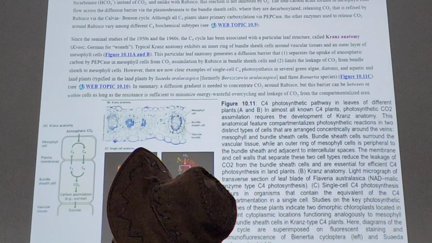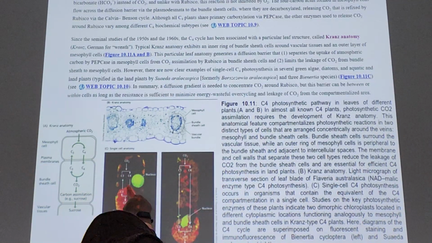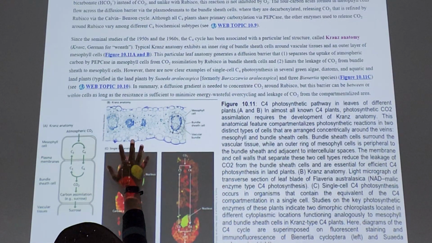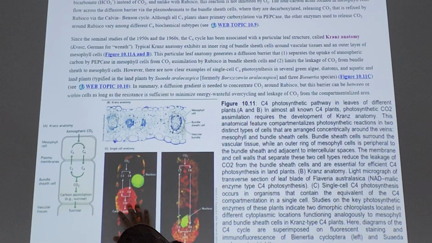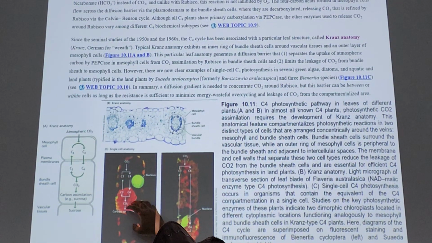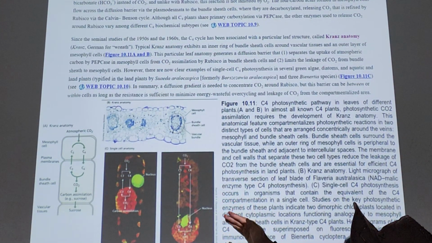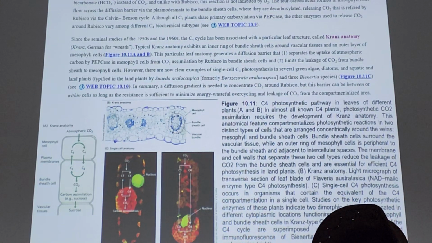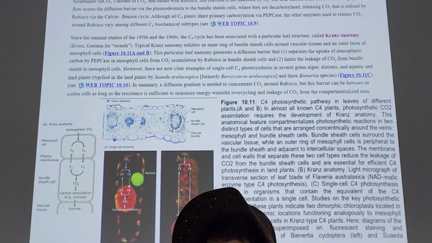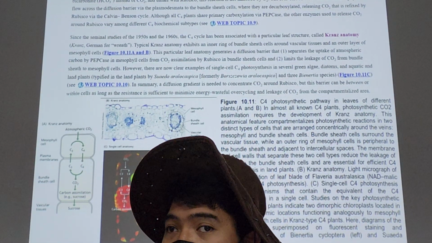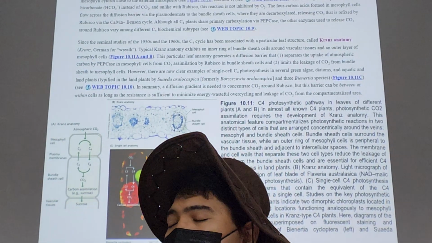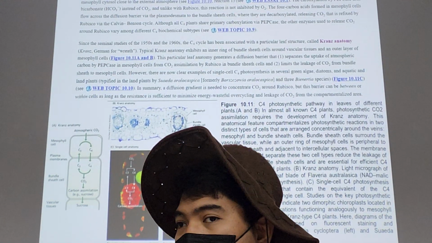The job of fixation of carbon is close to the atmosphere, and the job of carbon assimilation happens over here. When this happens, you can see here the morphology of the chloroplast is not similar. We call it dimorphic chloroplast, because